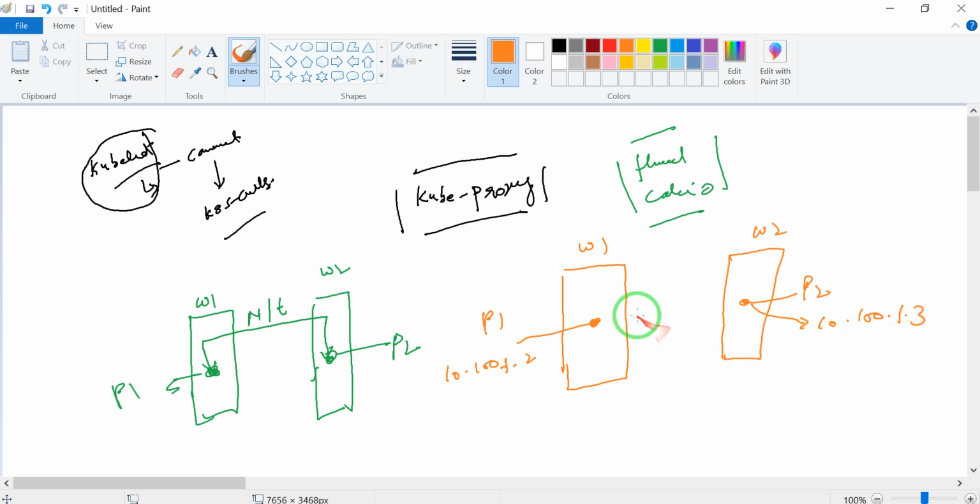As you know, these pods communicate with each other and access each other's data.